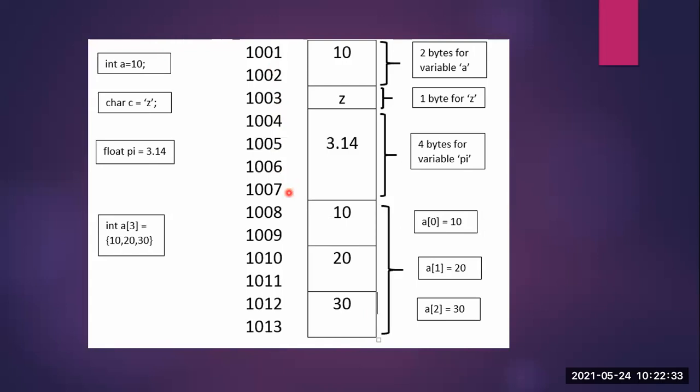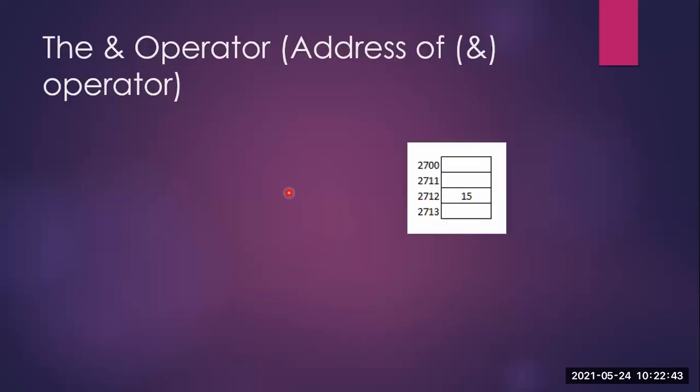Then we will move ahead and understand 2 important operators which are needed to work on pointers. We have not yet reached what a pointer is. We are still trying to understand this. Now we have 2 operators here. Let us have a look at the first one. The first one is called the ampersand operator. This symbol ampersand is used.